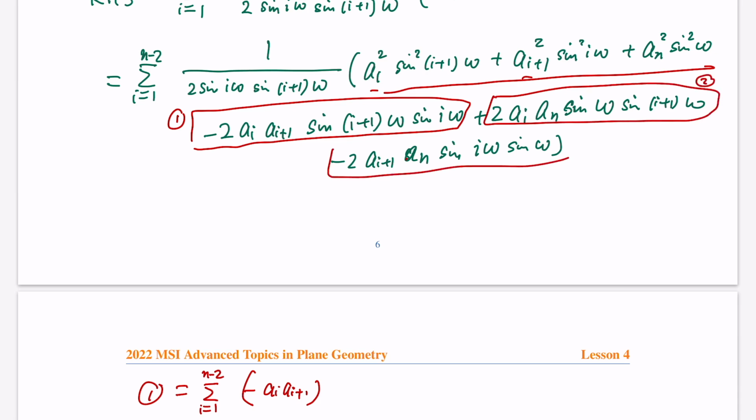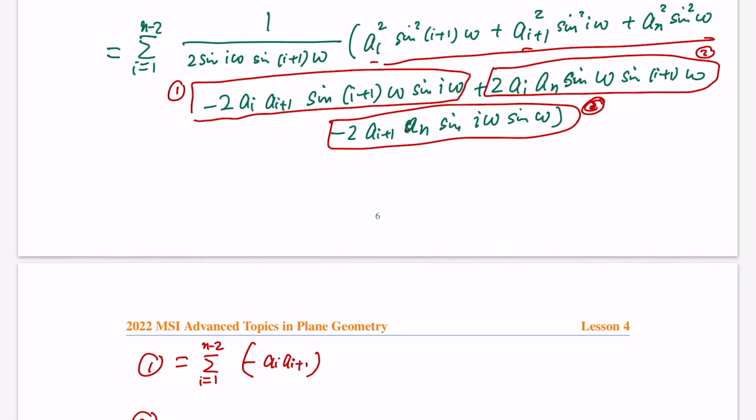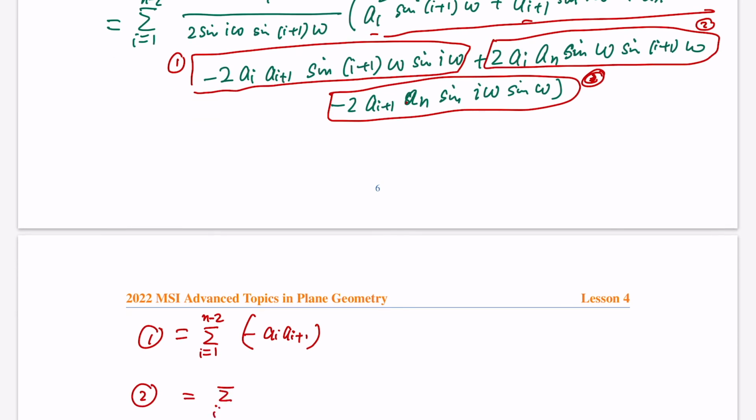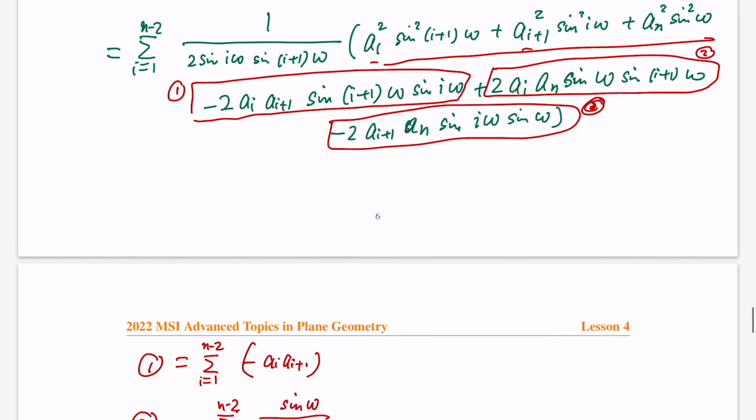And let's call this third term. Okay, so we already fixed the first term, and let's do the second term. The second term is more complicated. The 2 and 2 are canceled. I plus 1 canceled, but there's an I omega you cannot cancel. There's a sine omega upstairs, so this is equal to the sigma I from 1 to n minus 2. Downstairs there's sine I omega. Upstairs there's sine omega. And so you have